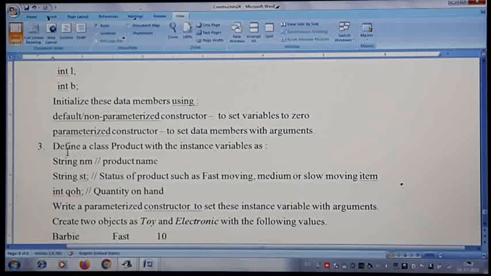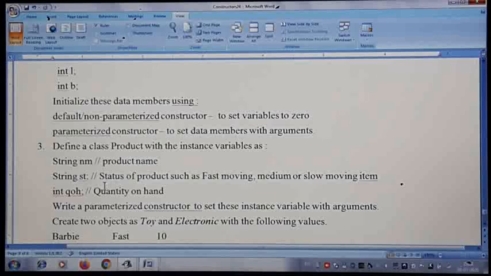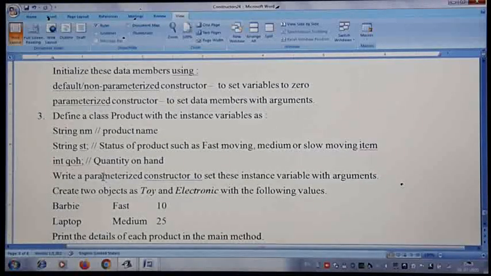Then one more: define a class Product with the instance variables name, status, which is whether the product is a fast moving, medium moving or slow moving item, and an integer quantity on hand, how much quantity of this particular product is available. For this you write a parameterized constructor in the class. I already gave you one example, you can take help from that. It sets these instance variables with the arguments.